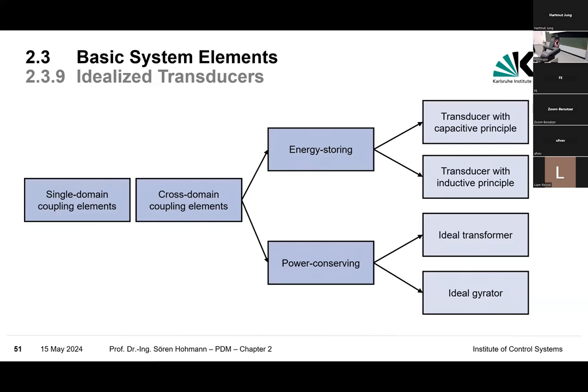And then today, the main part is how to glue together all these elements in a network fashion, which is very important to design the overall models. It is also important to understand if you work with professional tools, because there you see this interconnection is done not with this one graph language or the equivalent circuit language, but with other pictograms that sometimes do not work. You should understand what's necessary if you connect some elements so that they are working,